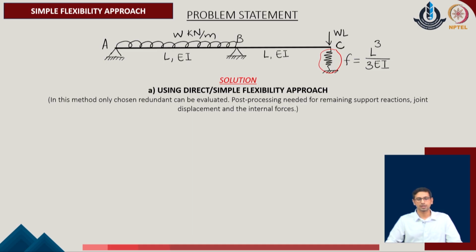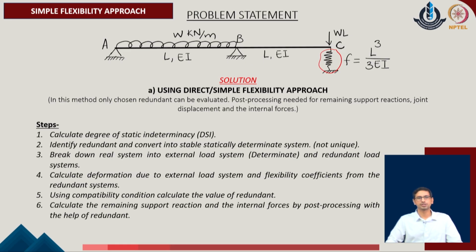So, to start with, a simple flexibility approach or a direct flexibility approach, which is the name given at times, will be used. We consider that in this method we identify the redundants of the given problem, and the post processing typically requires extra steps which makes the method not very suitable for generalization to large scale systems. Another issue which appears with this method is that there is not a unique system which we can define with respect to the statically determinate problem which we will identify, and this remains one of the reasons why the simple flexibility approach cannot be extended to computer systems, but still we will briefly see a problem based upon it.